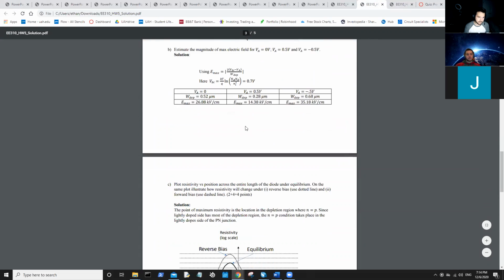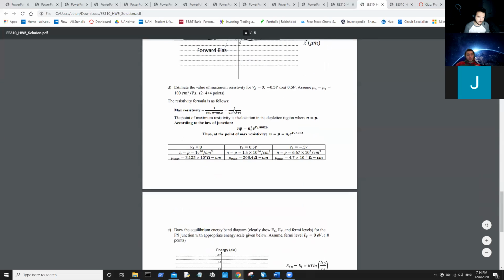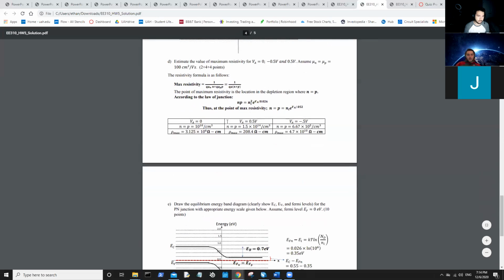And this will obviously be something you'll throw on your equation sheet. Right here. So this is talking about the resistivity here. And this is the junction law and everything, a rearrangement of that. So the standard junction law, look, VA is composed for the resistivity because VA will affect your doping densities. Therefore, VA has a direct relationship to max resistivity because resistivity is dependent on the doping densities, both N and P. Therefore, the law of the junction, which takes into account applied voltage, directly cascades down and is applied to